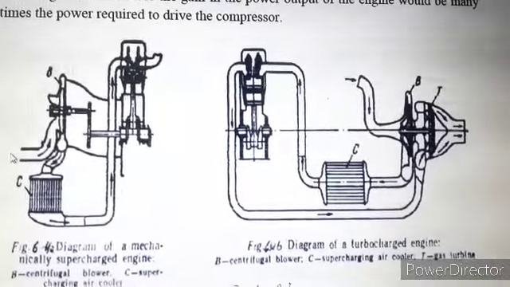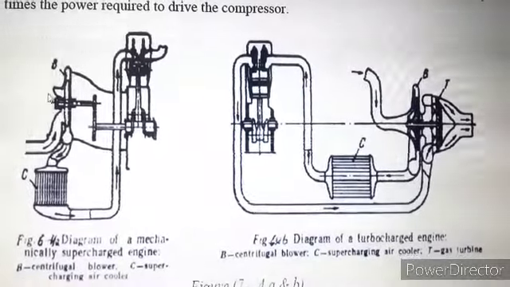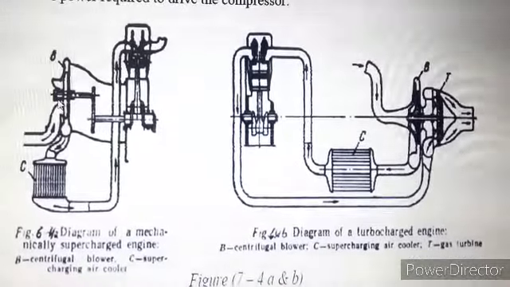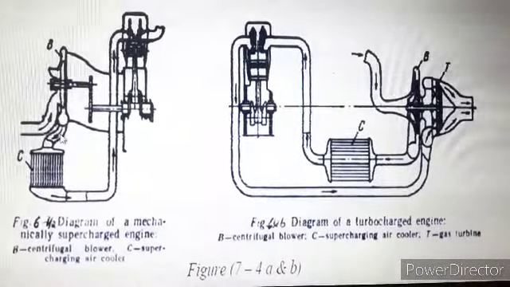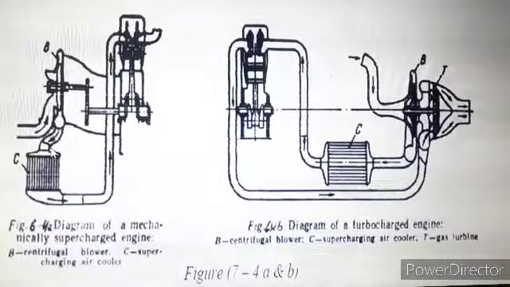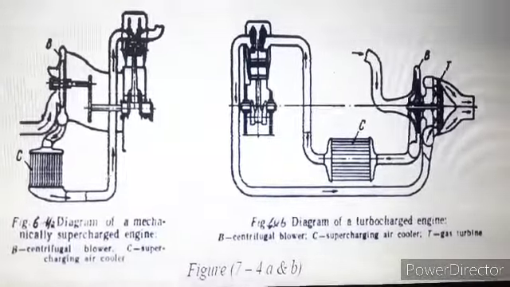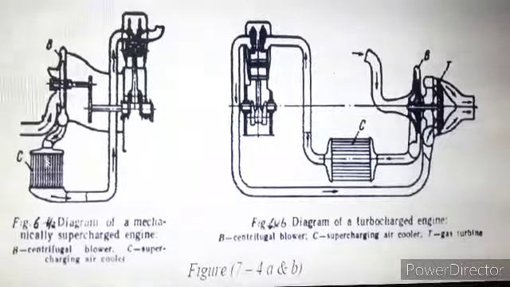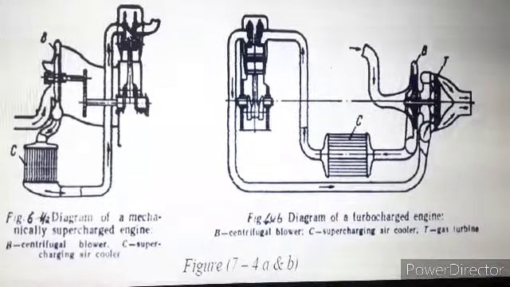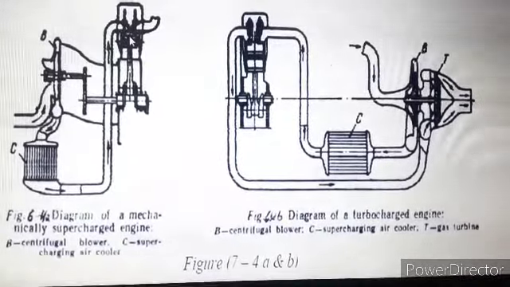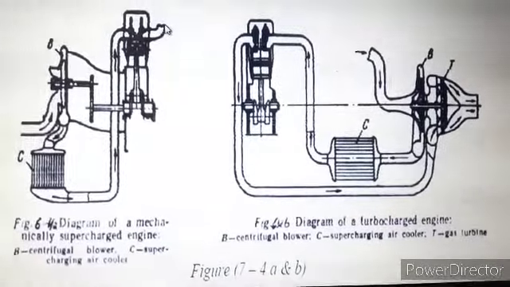Now the environment air is taken inside the casing or cylinder of the compressor, and that compressed air is sent to the engine cylinder. This is the outlet of the compressor, and the compressed air is sent to the engine cylinder through this intake manifold. In between we have an intercooler, and after that the combustion products leave the engine through this outlet, which is the exhaust valve.